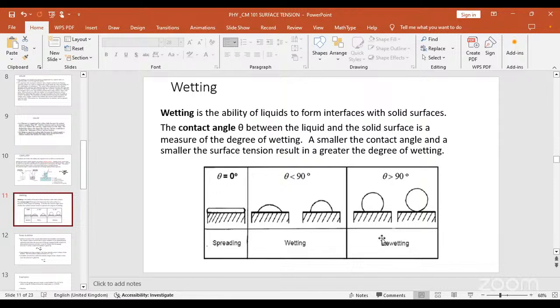Now, in this other case, the angle of contact is greater than 90 degrees. If we take the angle of contact this way, we have something almost a whole circle, a region of around 3/4 of a circle, where the contact angle is greater than 90 degrees. We describe this as the dewetting